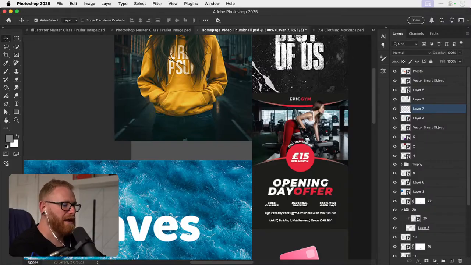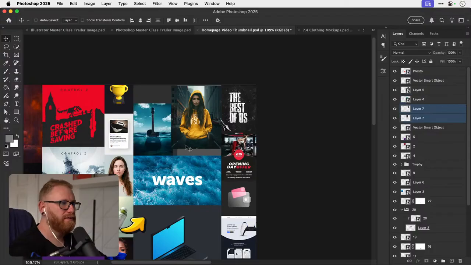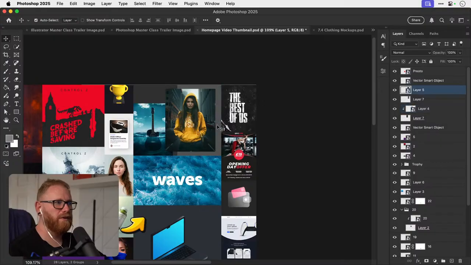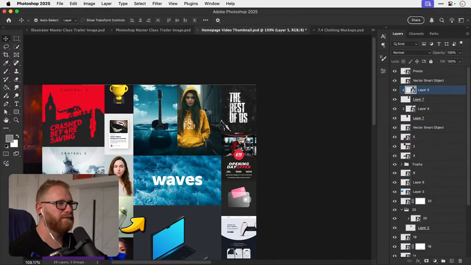This is why I should have mapped it out with shapes first. And then what I can do is clip one to one box, clip one to another box. And then it's not going to go outside the bounds of the box.